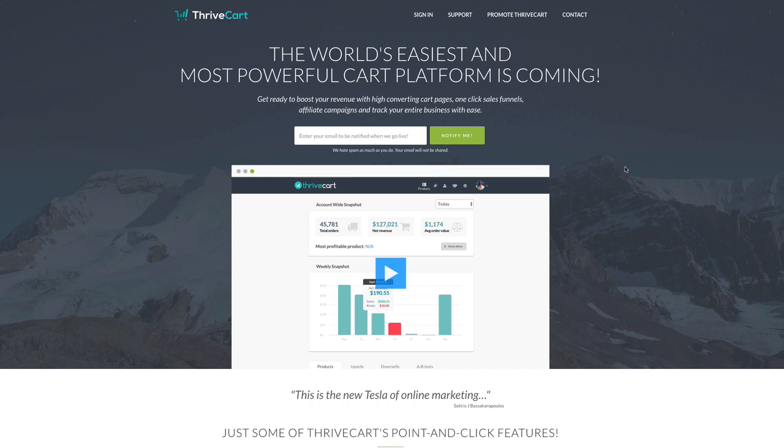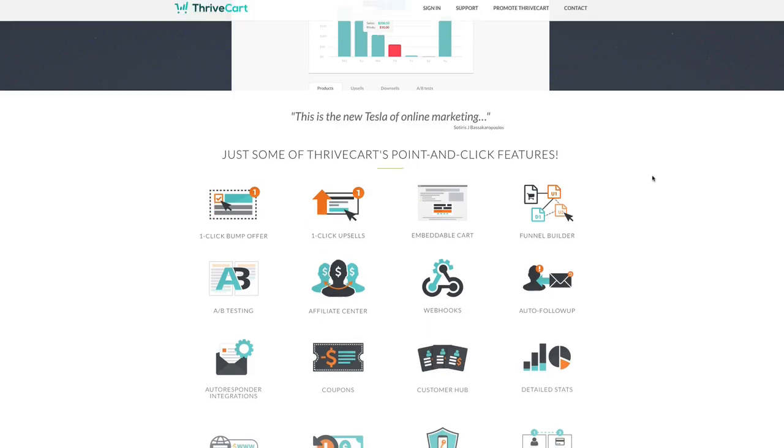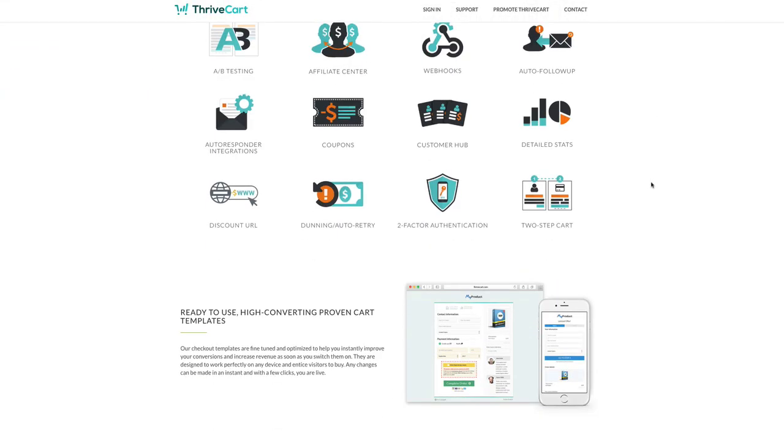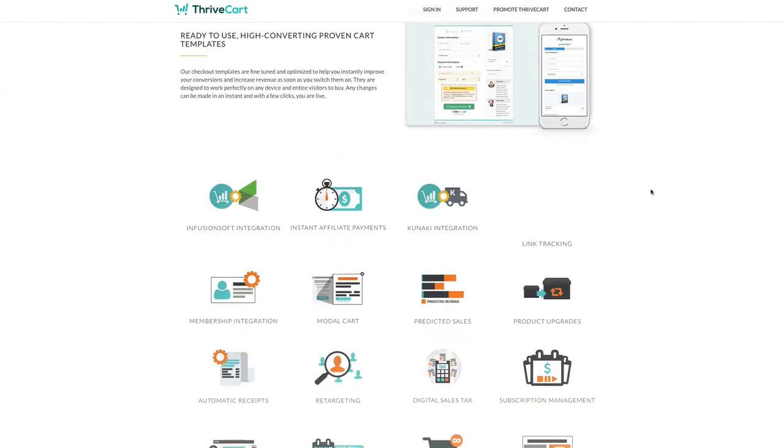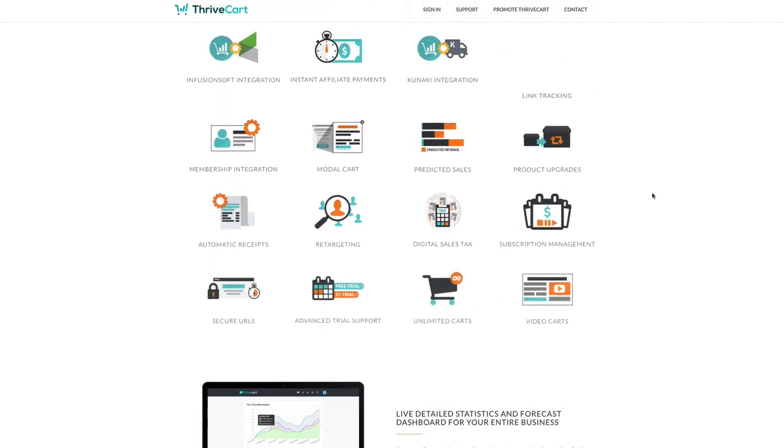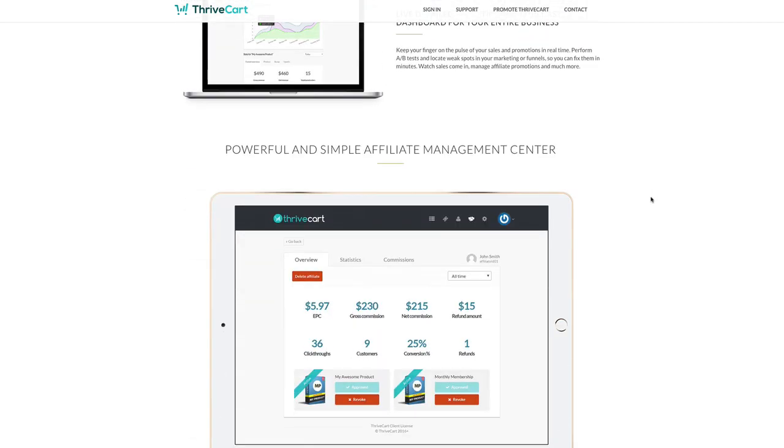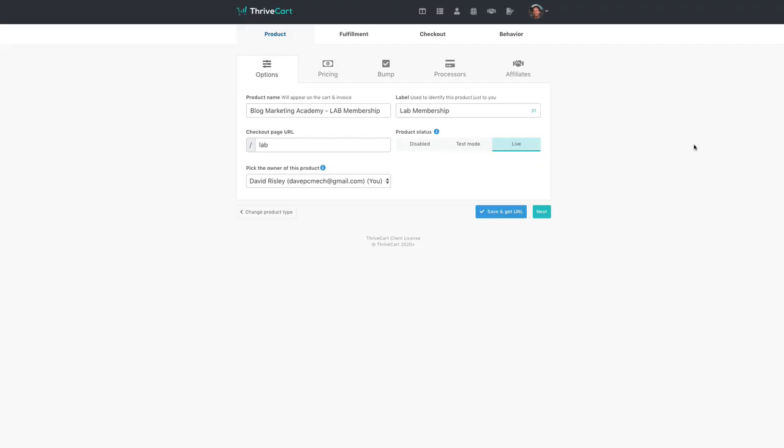I already had ThriveCart, and it's extremely powerful. I really do like what ThriveCart can do. I mean, it empowers a lot and actually makes my life easier. And so I'm really glad that I'm now shifting my sales to it. Now, the way that this works in the overall stack for me will be shown if we actually head on